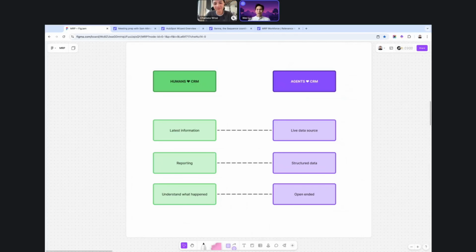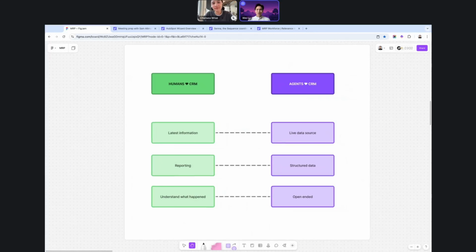But to answer that question one more level deeper, if the data is already there and it's a little bit messy today, there's not much else we can help with using agents apart from sitting down and trying to really understand and figure out why it's messy in the first place. And the first pass is usually taking that into a spreadsheet, trying to clean it up a little bit and putting that back in the CRM. So that process and all that pre-work that needs to happen for this to be good enough for both the human and the agents to read from, that part is still you, Juliana.